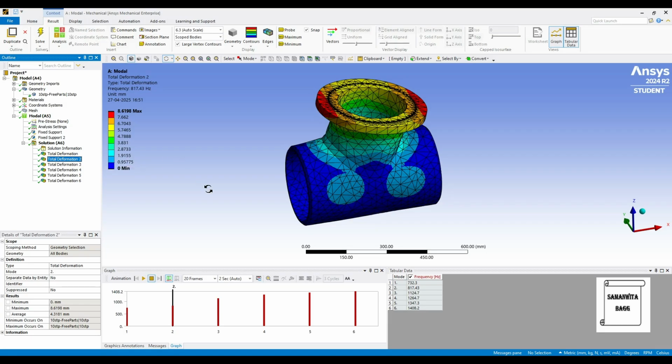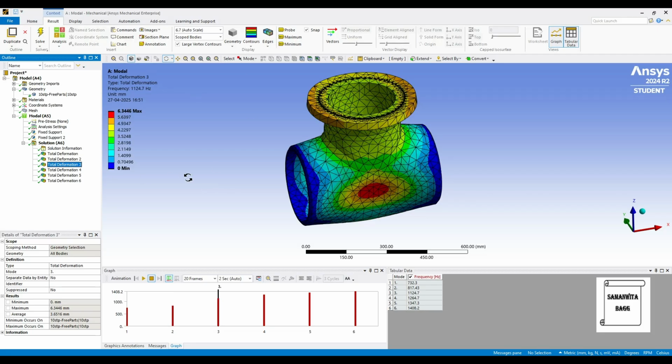This is the second deformation for which the value of frequency is 817.43 Hz. Maximum deformation obtained is 8.6198 mm. For the third case, the deformation value is 6.34 mm and the frequency is 1124.7 Hz. You can make a comparative analysis of both the materials and see the difference in the frequency and their deformation.